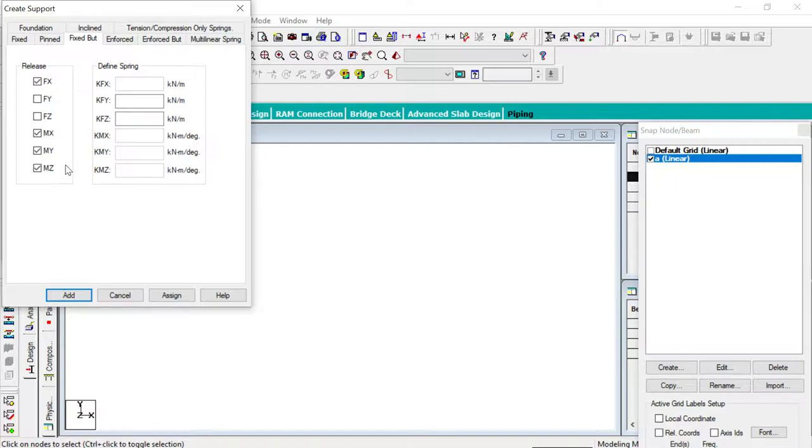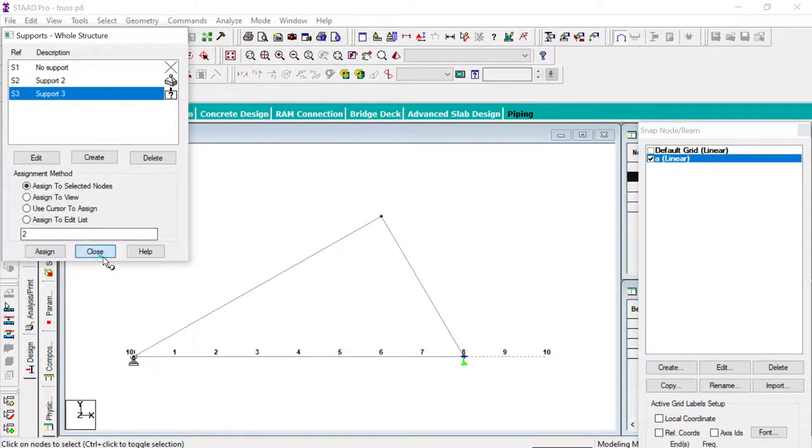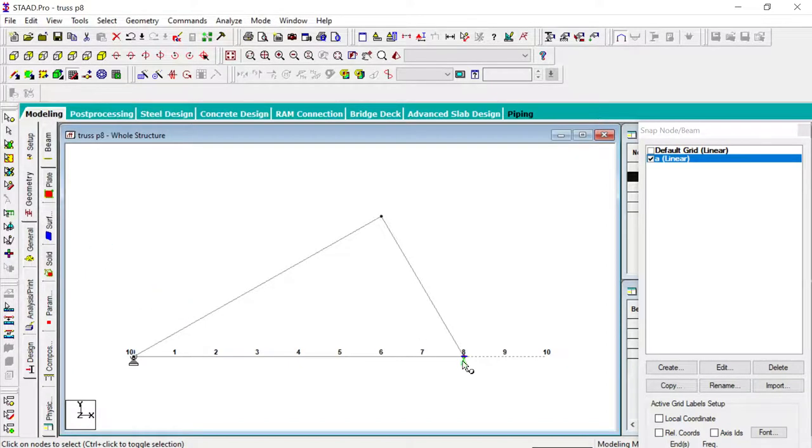So for defining a roller support, always release Fx, Mx, My and Mz and restrain Fy and Fz. It means the support will appear like a roller support. Then assign and then close. If you see, the roller support symbol appears like this, and the pin support like this. Now the next step is defining the properties.